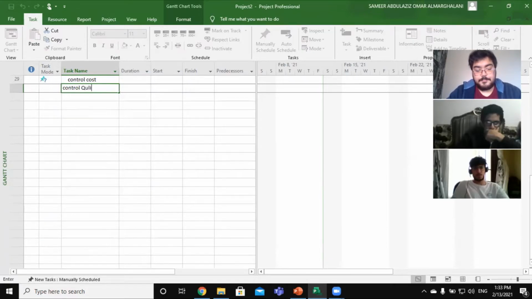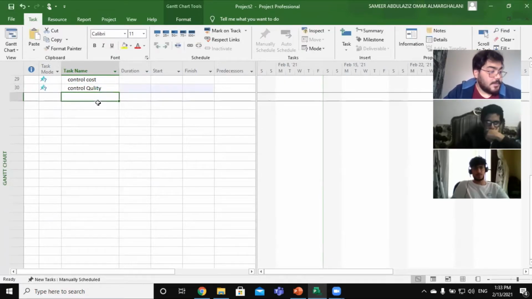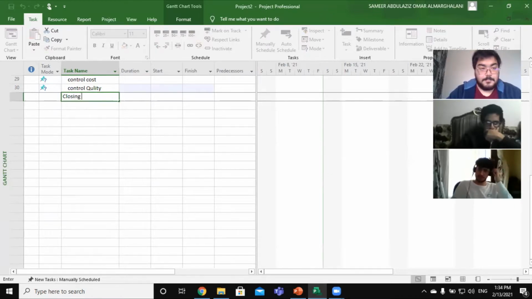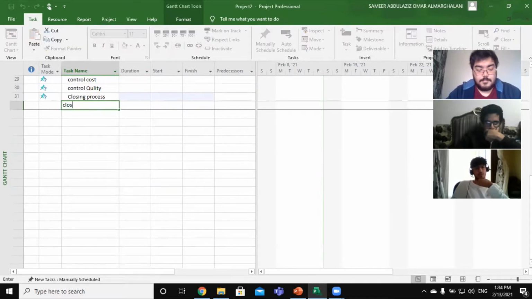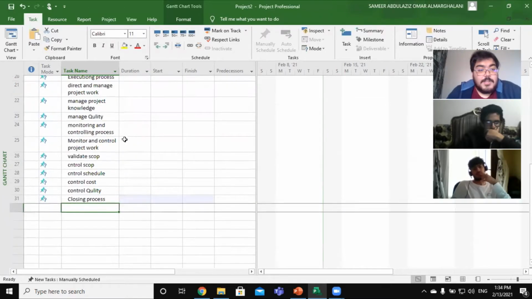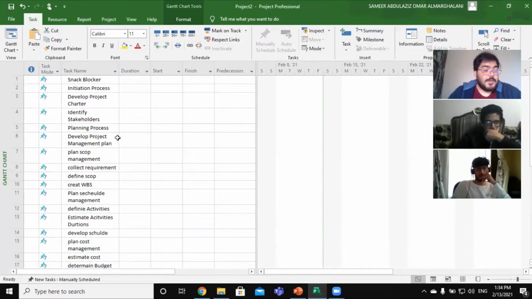The next summary task is the closing process. Closing process. And including the close project or phase. Okay, after we're done entering all our tasks,